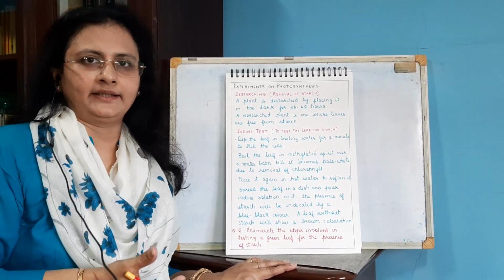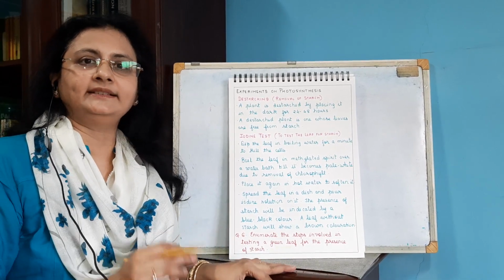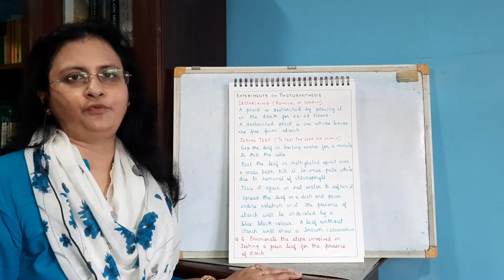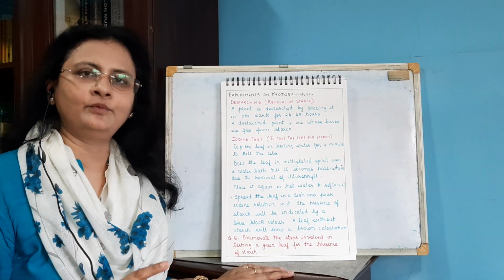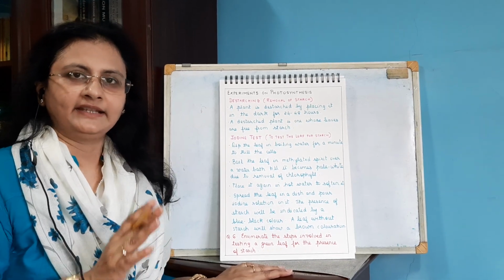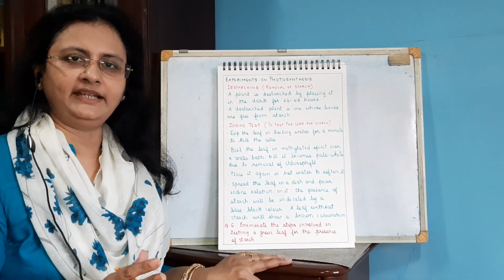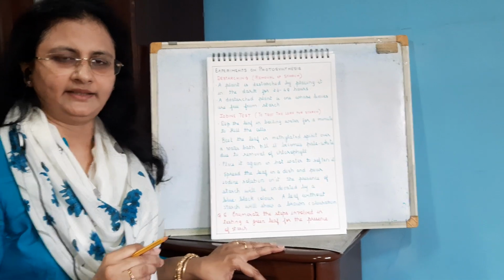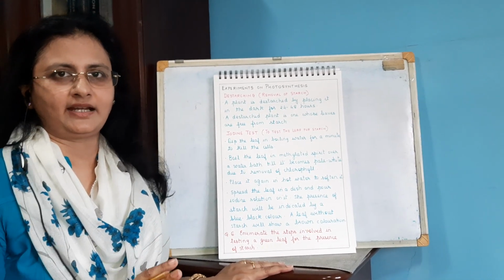So how do you do that? You have to destarch the plant. You will do that by placing the plant in a dark room for 24 to 48 hours. The entire plant you are supposed to keep in a dark room for 24 to 48 hours. That will ensure that the earlier formed starch will be moved from the leaves to the storage organs. So a destarched plant is the one whose leaves do not have any starch in them.